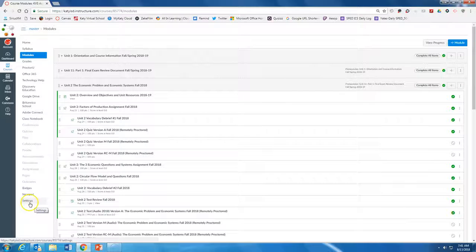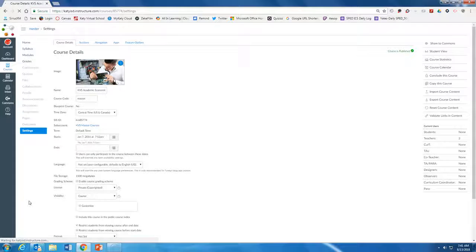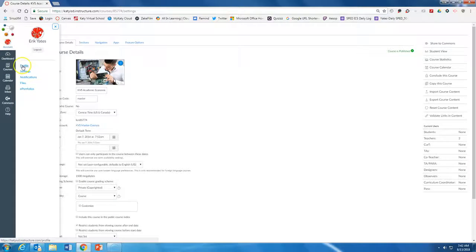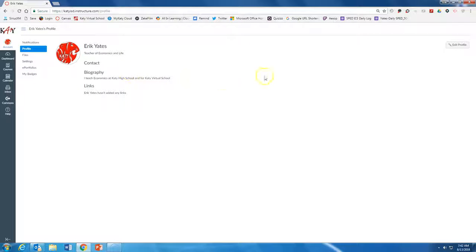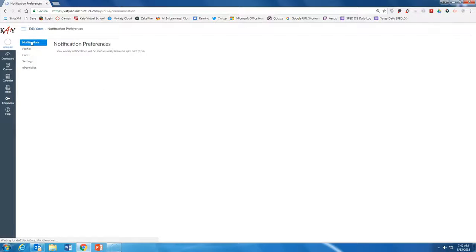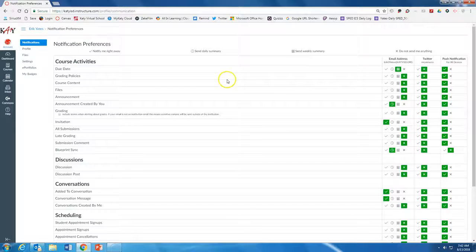Now, you want to also go to settings, and make sure that if there's anything here you can fix, or if you want to add a picture, I think you can do that. Now let's go to account, and you'll want to click on your profile. Make sure you have everything you want set up, and then I want you to go to notifications, and if you go here, you'll notice that you'll have different things set up, and you can actually change how you're notified. So if there's a due date change, you could kind of hover over this and find out